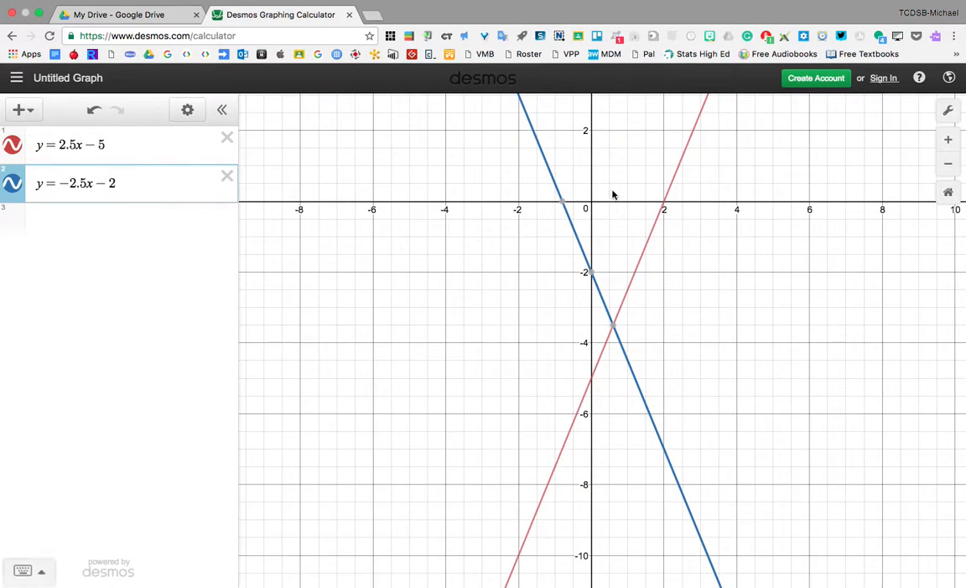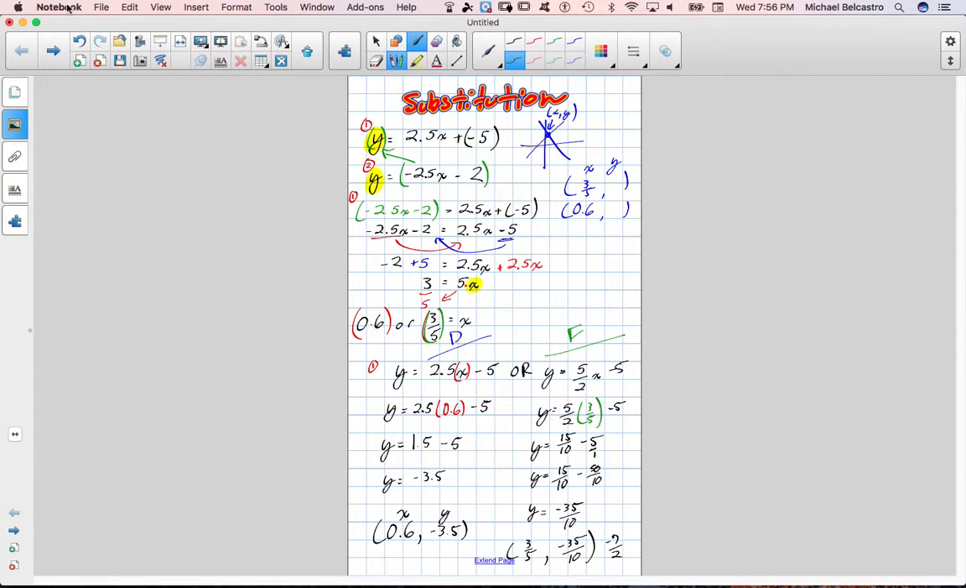All right, so our point of intersection, 0.6 and negative 3.5. Perfect. Worked out great for us. So let's